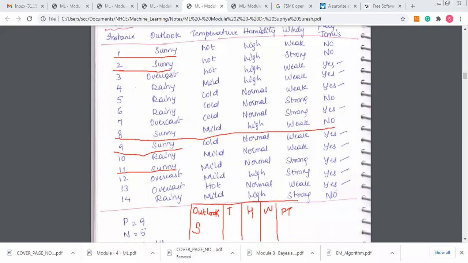Can we create that table? Please write a table separately with respect to sunny, with all the 5 values in the form of a table. Everything, I want all of these. The table is going to look like this with those 5 instances. All the sunny instances I'm going to consider here. Can you please create that table? And let me know once you're done.